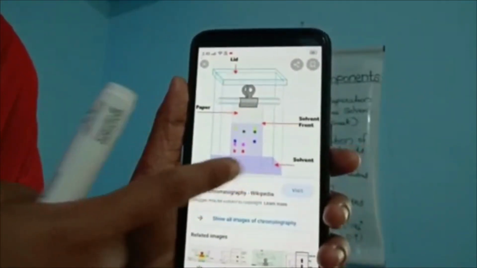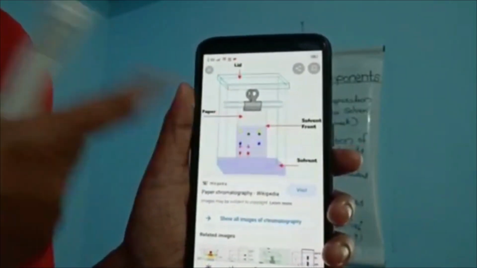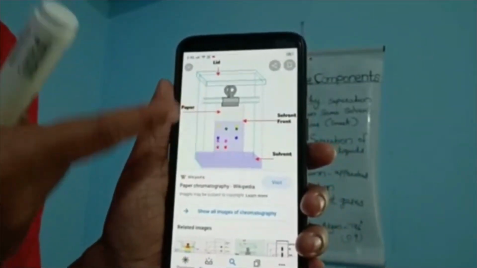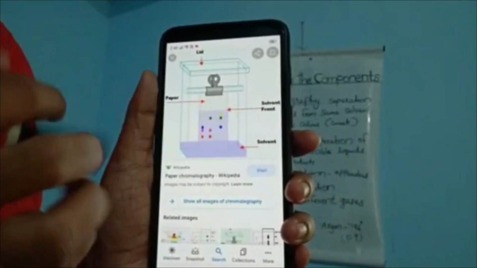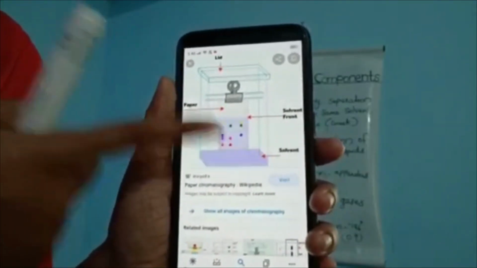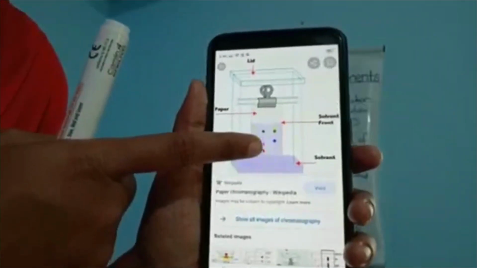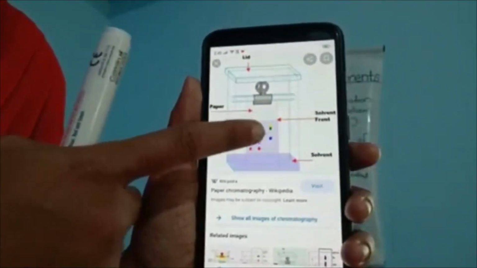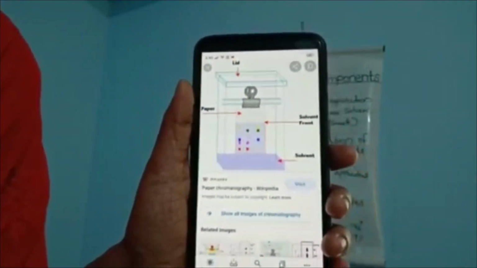From this solvent, a little above the water level, we are marking that point. From there, because of this chromatographic effect, the water is slowly moving upward. This is the water level. So finally, from that drop of color, what will happen? It slowly goes upward, and we can see the different colors here, right? Can you see? Yes.